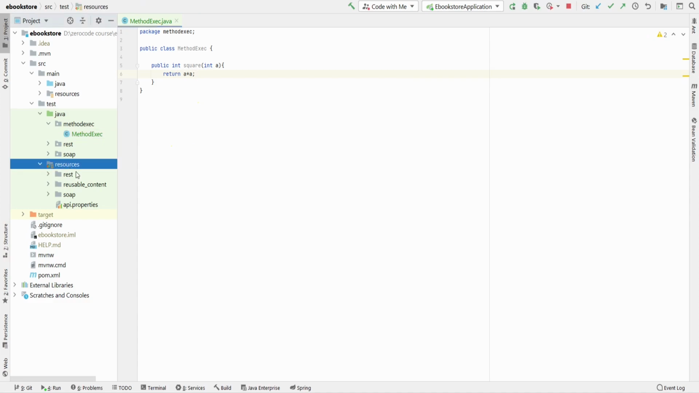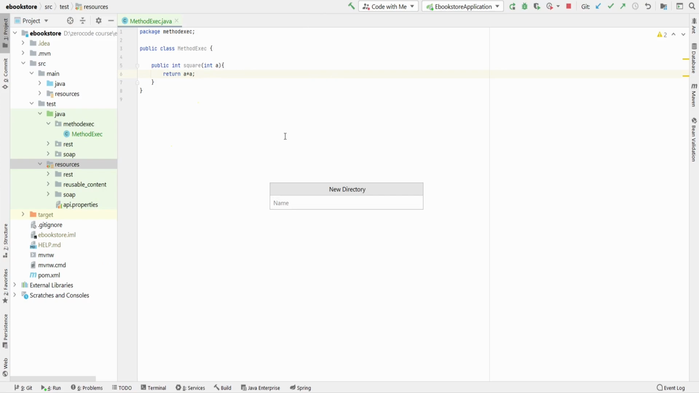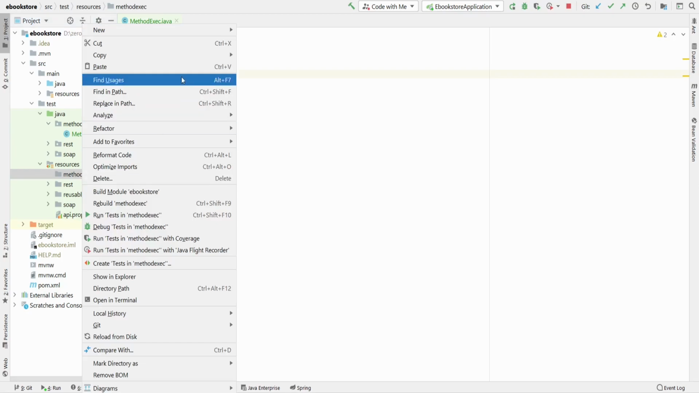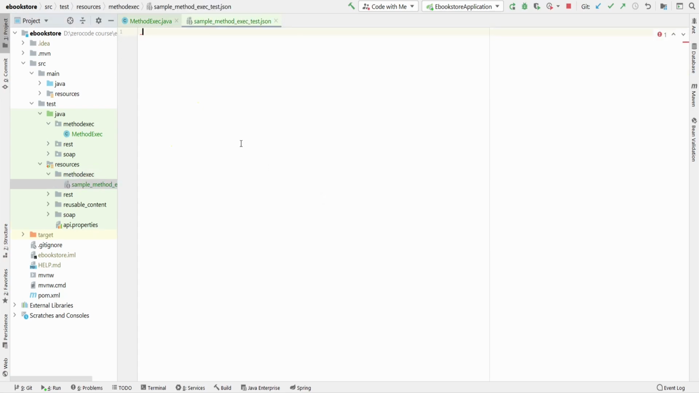And now we need to define a corresponding scenario. So let me create the corresponding package, method exec, and I will create a scenario file here. I will call it sample method exec test.json. And here we define our scenario. So we have a scenario name as usual. We have the same structure. And scenario name, let's see, example of method exec,